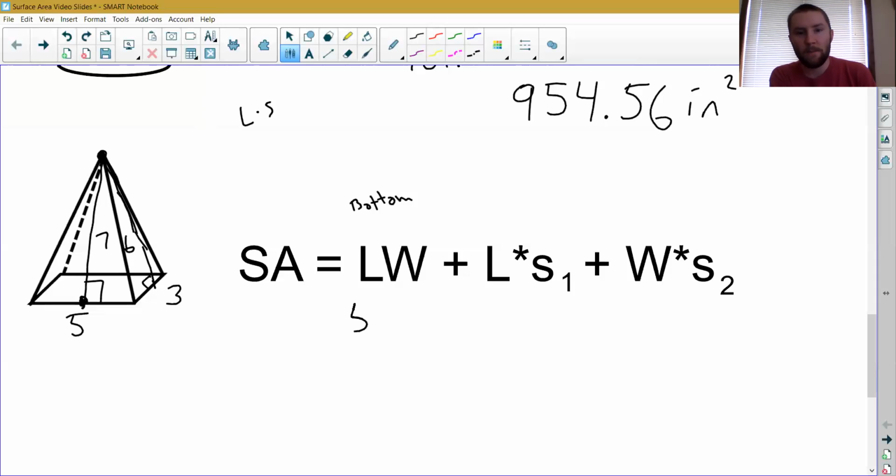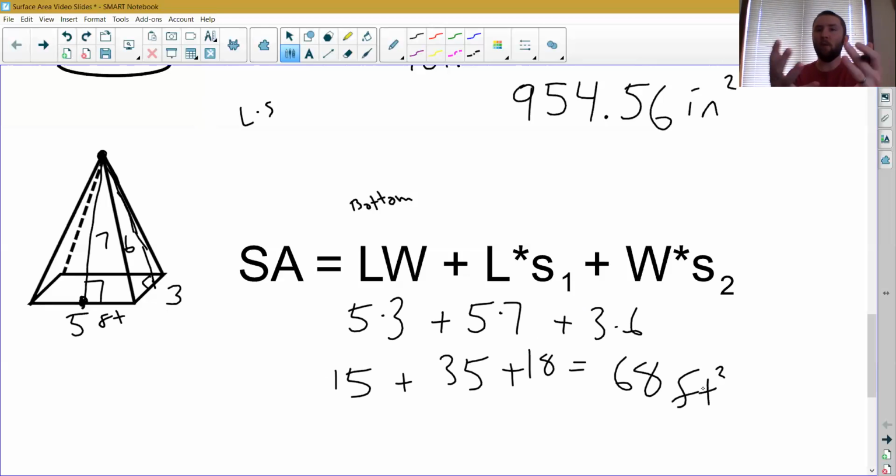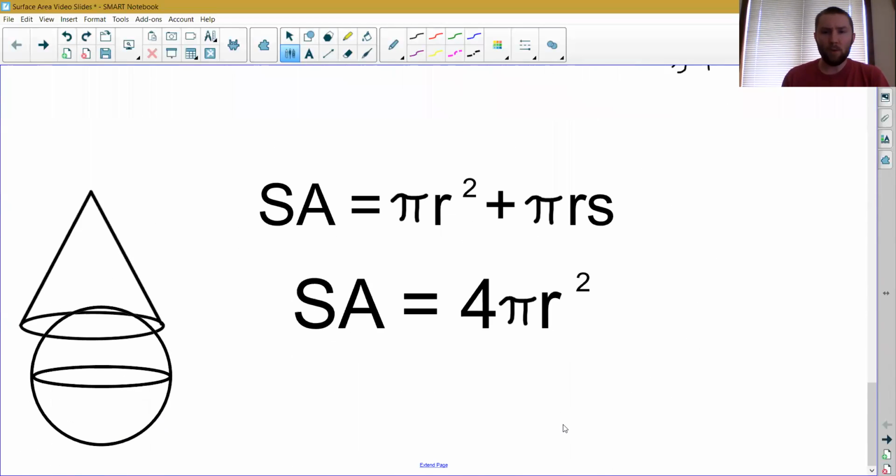We just do 5 times 3 plus 5 times 7 plus 3 times 6, which would make 15 plus 35 plus 18, and that would equal 68. Let's say they're in feet, that's now feet squared because it's area. So that formula is the surface area for a rectangular pyramid. If the bottom of the pyramid is a rectangle, you can use that formula, assuming that you know the relevant information. Now, when we get to cones,